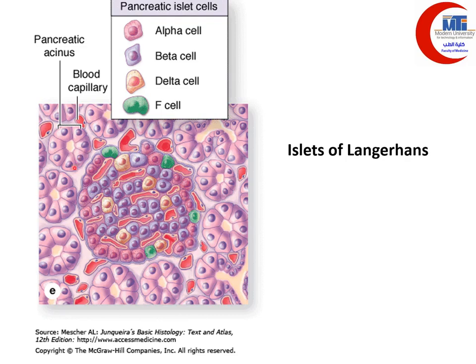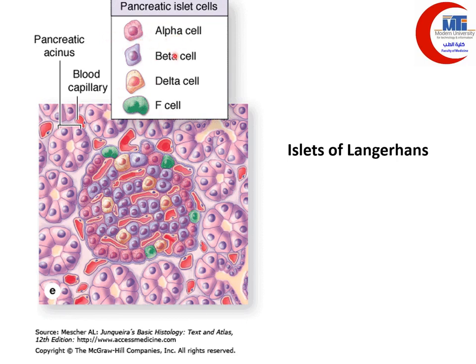Islets of Langerhans contain the following cells, which do not appear with hematoxylin and eosin. These cells need special stains to differentiate between each other. These cells are alpha cells,